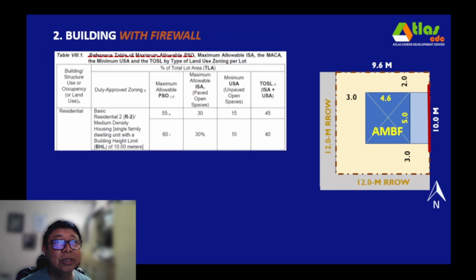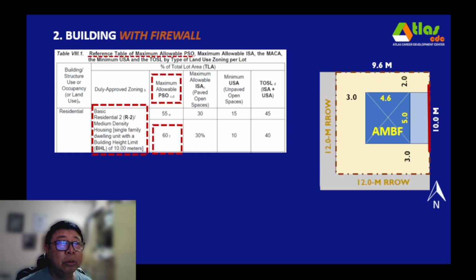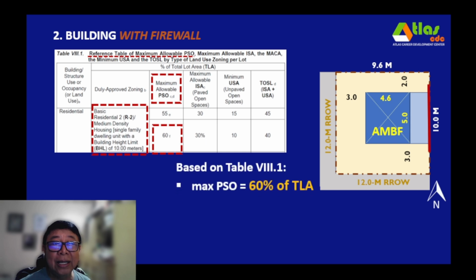So our next reference is table 8.1. So this is our reference table for the maximum PSO and for a basic R2 with firewall, our maximum PSO now is 60%. So 60% of the TLA, that will be our maximum PSO, and our corresponding AMBF will be 60% of 96 square meters, will give you